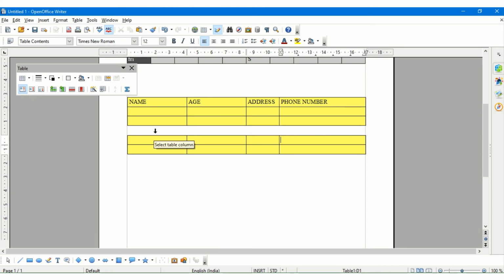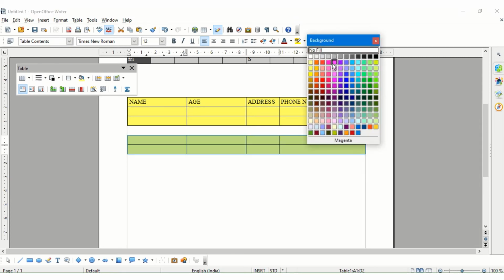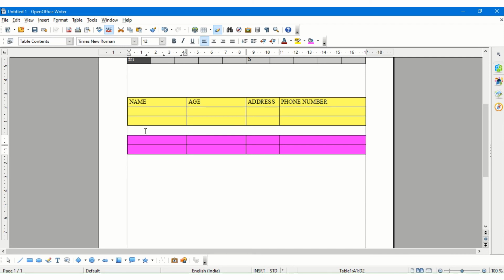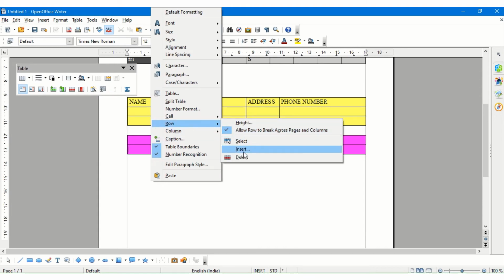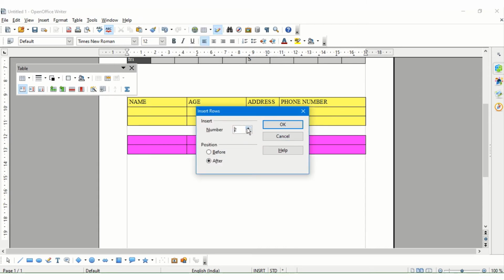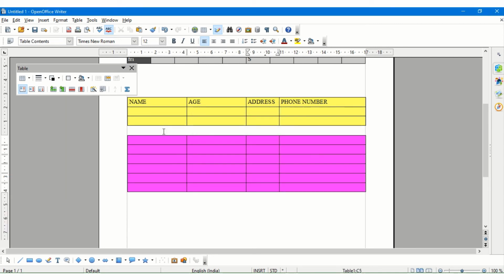You want to see that? We can do that, but let me first show you how to. Now that I have split this table, I am just selecting it, and for your understanding I am just giving it another color. Now I want to merge the 2 tables. Now you learned how to split the tables. Suppose I'm inserting few more rows here. Yeah. Now I want to merge back this table once again to this table.